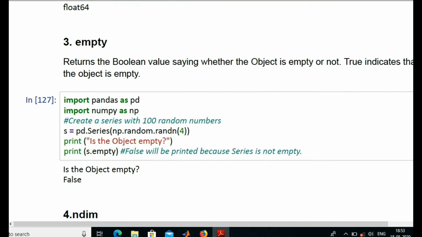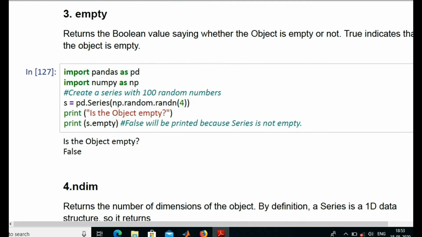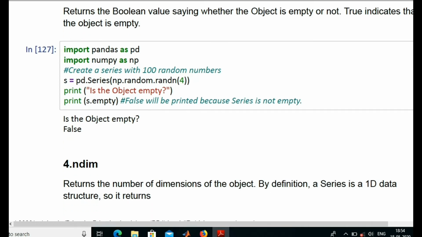Okay. Next is the empty function. The empty functionality returns the boolean value saying whether the object is empty, or whether the series is empty or not. True indicates that the object is empty. In this code, let's see, the Series function is passed np.random, and 4 numbers are created.